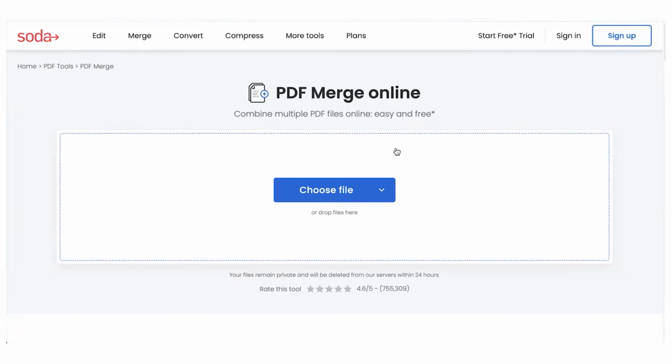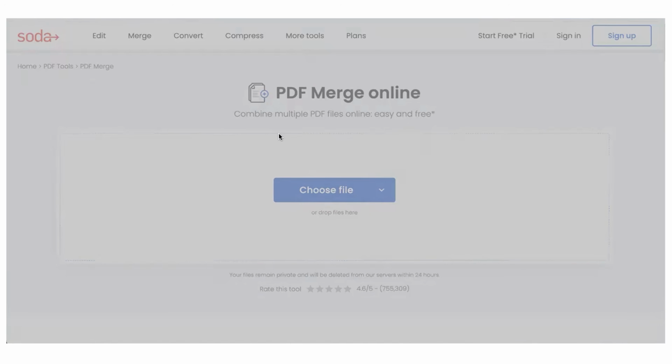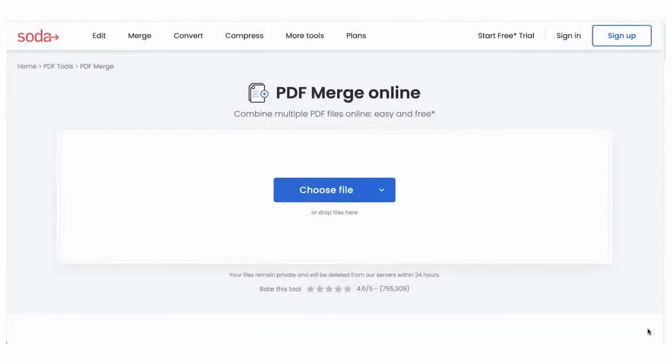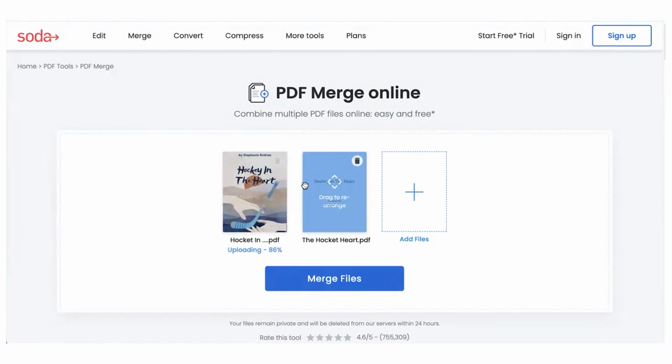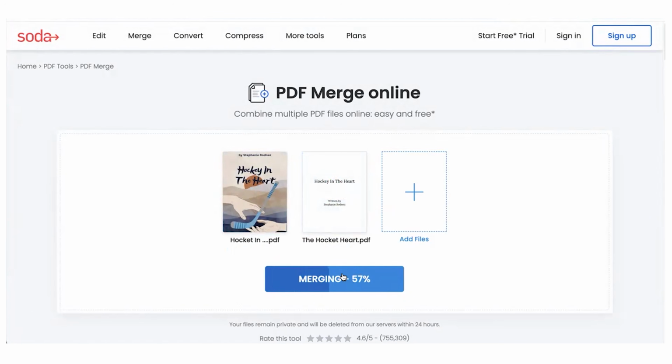And for that PDF, you just need to merge those two files together. So go to pdfmerge.com or sodapdf.com, click choose file, and then you're just going to combine those two files. So this is our front cover and this is our interior, and click merge files. And now you have an ebook. You didn't need Amazon at all for it.